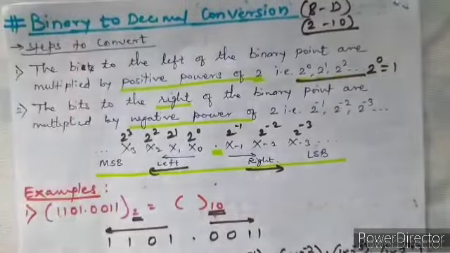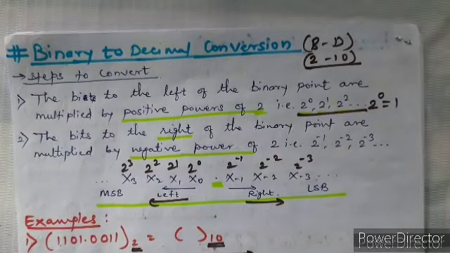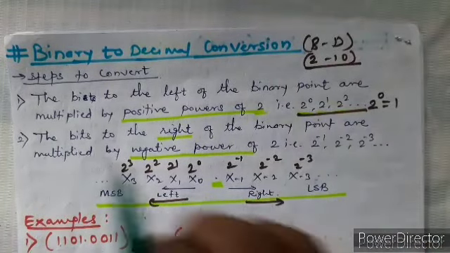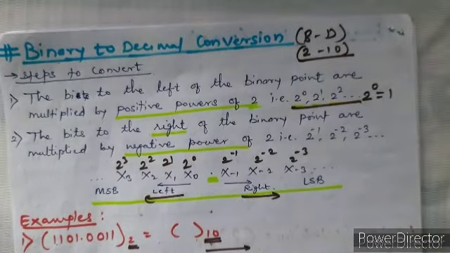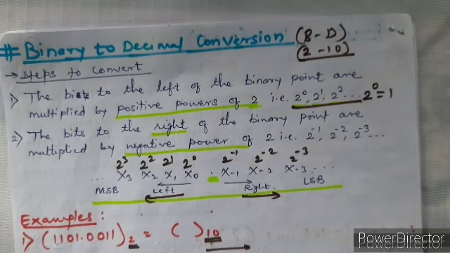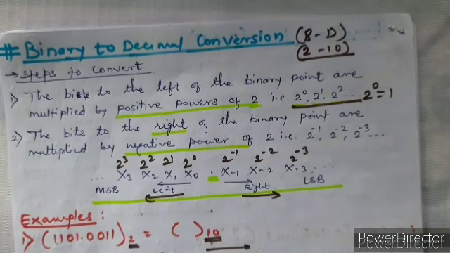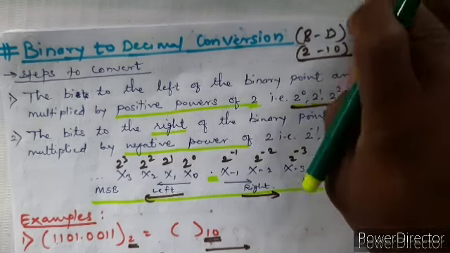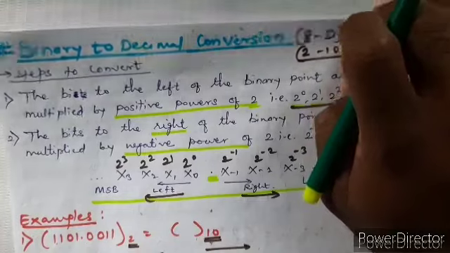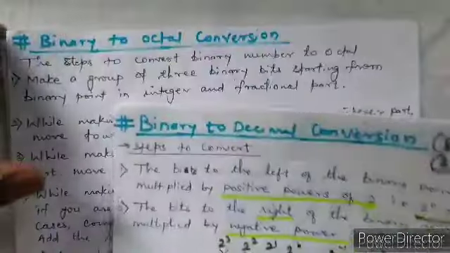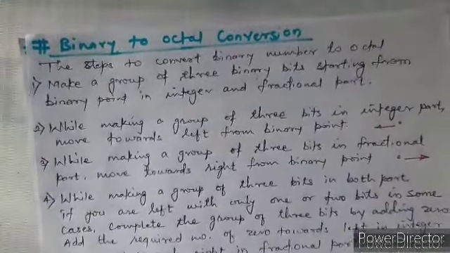You can directly calculate this with the help of this method, or you can go for the other method. Now a few students have asked that we have a calculator with us and we can directly calculate these numbers, so why do we need to follow this process? Now that is a very good question, that if we have everything this simple, then why are we going complex, right? Now there are two points to answer this question. First is from the exam point of view. Now in the exam, if a 2 marks question is asked and you write directly the answer looking from the calculator, you may get half mark.